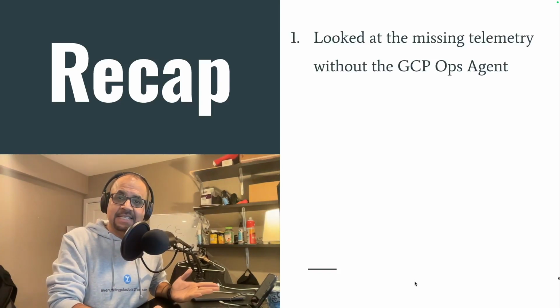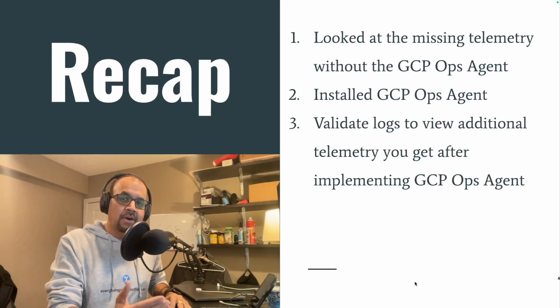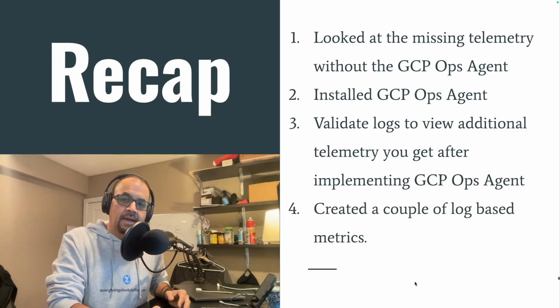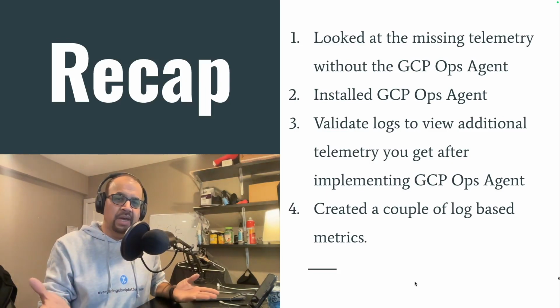All right, let's look at what we did so far in the video. This is the recap of everything we did. We looked at the missing telemetry without the GCP Ops Agent. We installed the GCP Ops Agent, and then we validated the logs to view the additional telemetry we get after implementing the Ops Agent. And then finally, we created a couple of log-based metrics